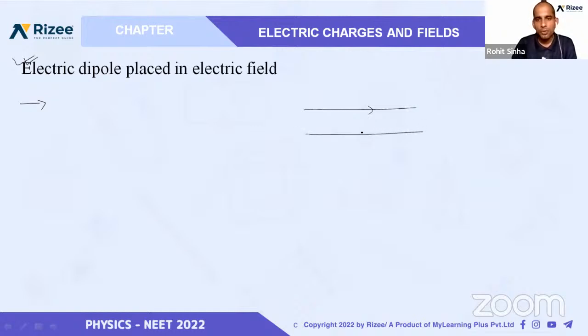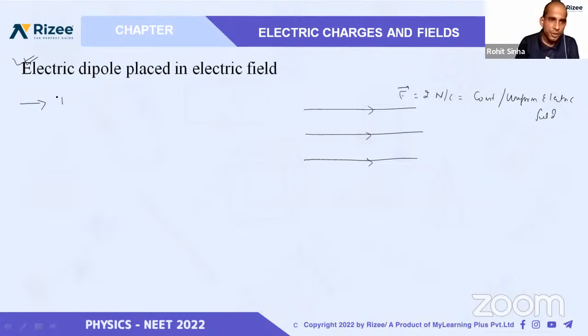Now let us suppose we are having one electric field which is constant. The electric field has some value, let us suppose 2 Newton per coulomb. It is constant, or we can say it is a uniform electric field. First we are discussing the uniform electric field. We will also discuss non-uniform. Now, suppose we are having a dipole here like this,